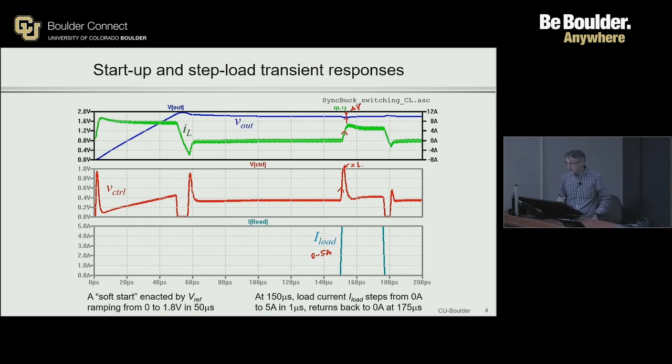You can see that in the response for the inductor current. This green waveform is the inductor current. And then finally, we do get back to steady state voltage regulation. At this point here, we have the average value of the inductor current equal to 5 amps. Okay, and then we have the opposite transient, moving back from 5 amps down to 0 amps, and you have